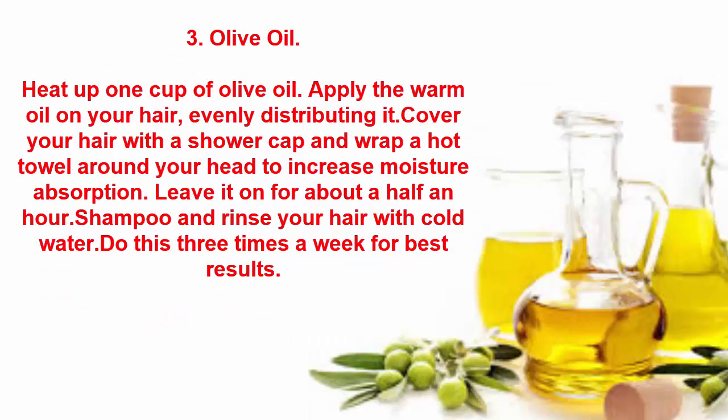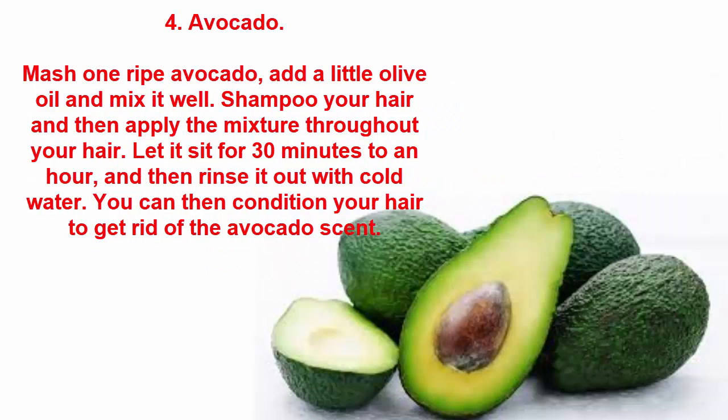3. Olive oil. Heat up 1 cup of olive oil. Apply the warm oil on your hair, evenly distributing it. Cover your hair with a shower cap and wrap a hot towel around your head to increase moisture absorption. Leave it on for